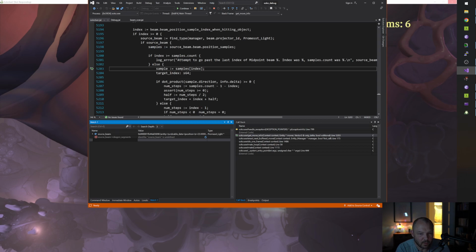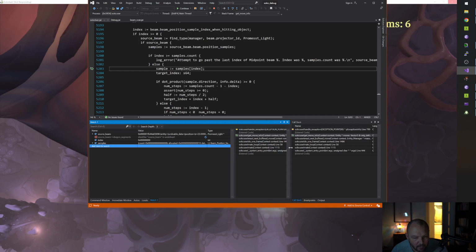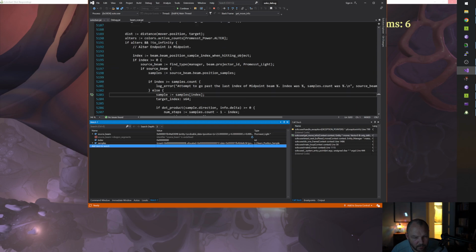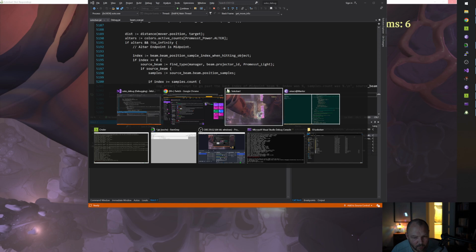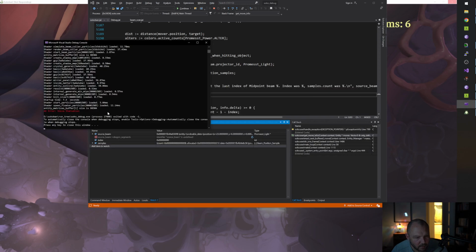So index 0, samples B. Okay, well this is not really reliable because it's a release build. But we can just run the debug build and just go to promise 3 probably.